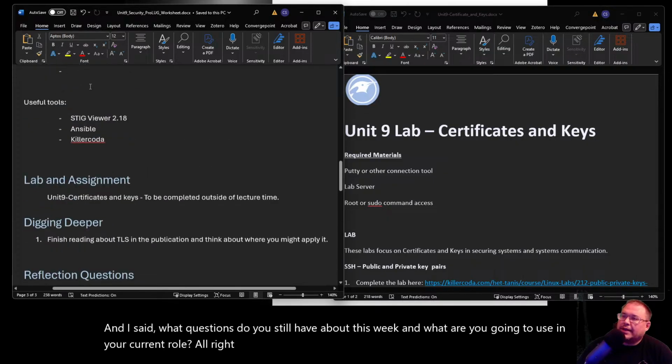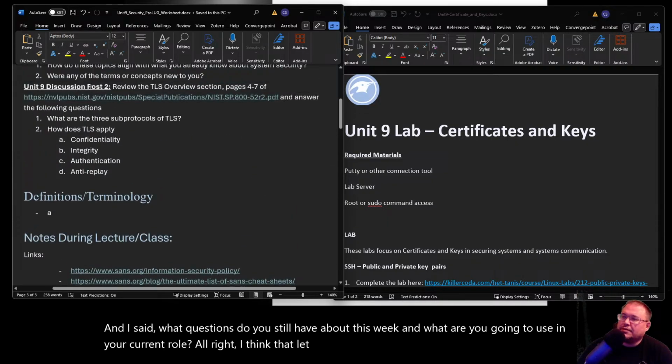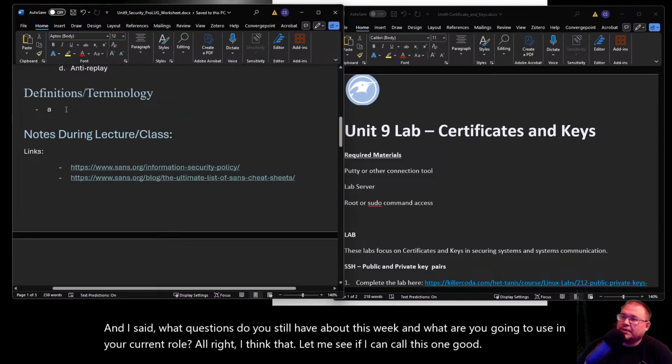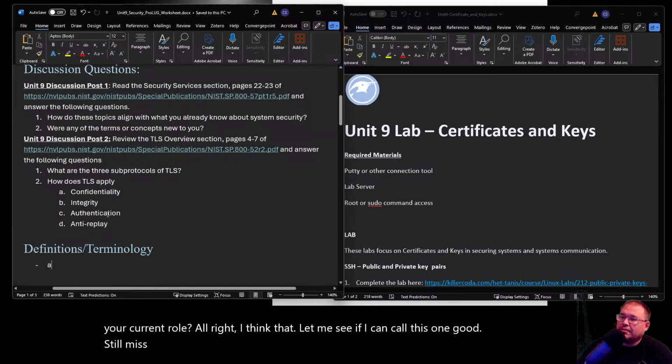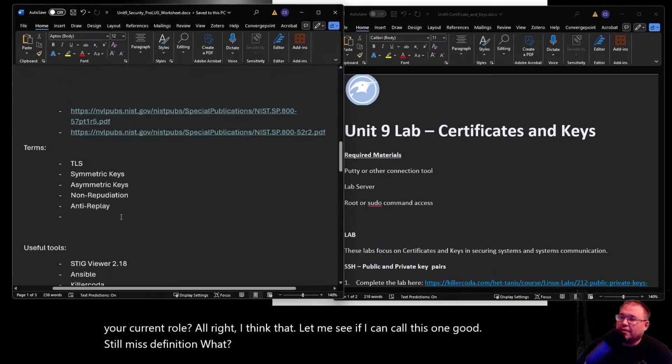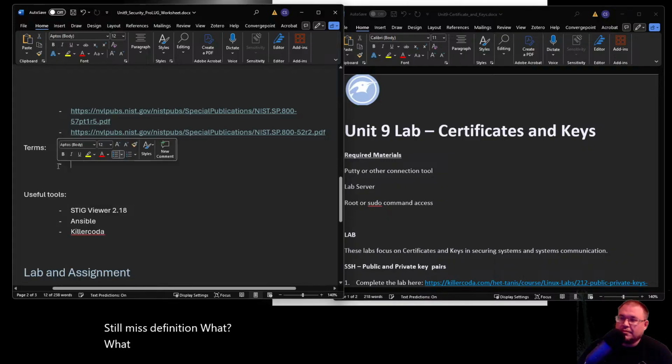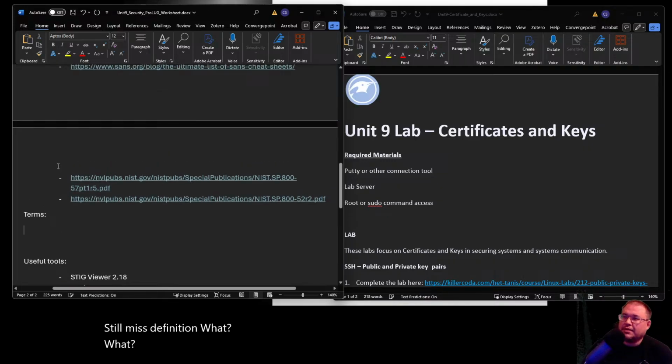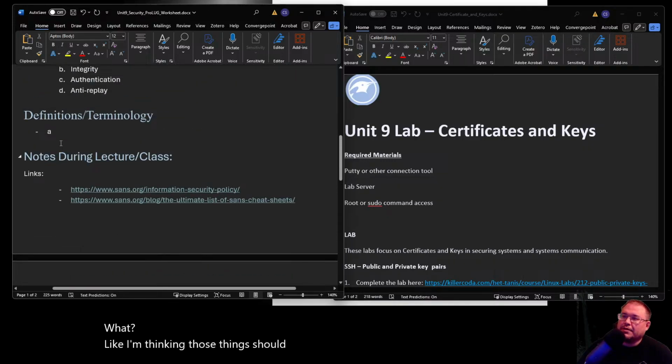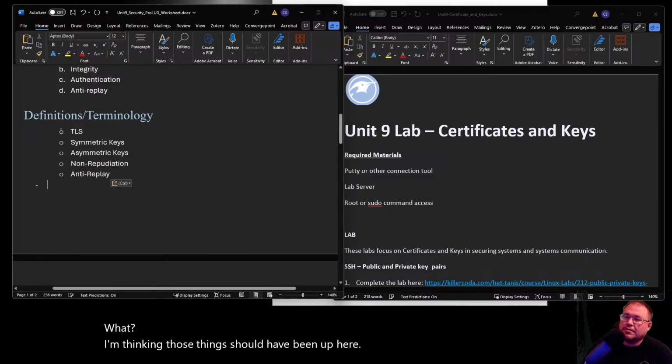All right. I think that, let me see if I can call this one good. Still a mess. Definition. What? Oh, terms. Those things should have been up here. Oh no. The worst timeline.